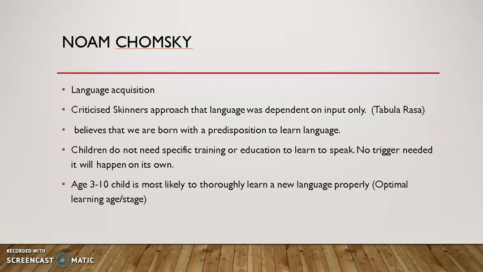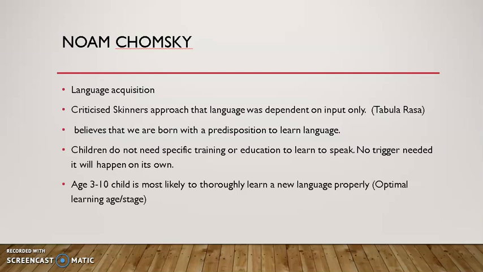Noam Chomsky, we spoke about language acquisition, and before him, most people thought that language acquisition was mostly a learned process, where, for example, many believe that language skills were developed solely through watching and learning our parents and other people in our environment. Chomsky's notion is that the brain is pre-wired for language. It's definitely different to what people believe. So, for example, where Skinner said that language was dependent on input only, remember he spoke about the tabula rasa where he says you are a blank slate.